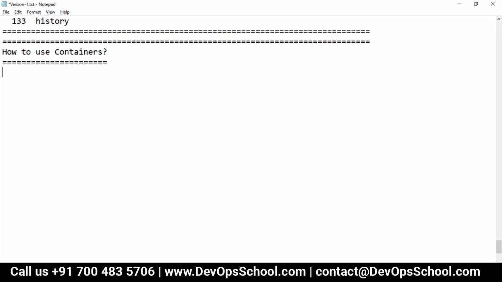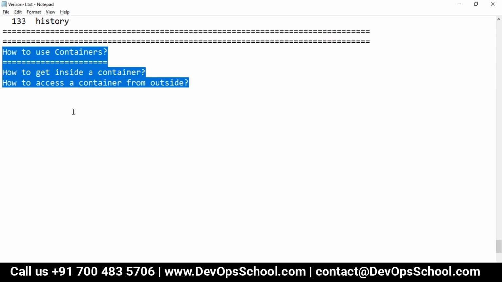So simple thing. How to get inside a container, how to get inside a VM, how to get inside a physical machine, something like that. That's the first question. And the second scenario is how to access a container from outside. That's all. How to access a VM from outside, how to access a physical machine from outside. That's where you need networking, right? So these are the two things you do, right? Nothing else. So this is the topic which I'm going to talk about now, how to use containers.